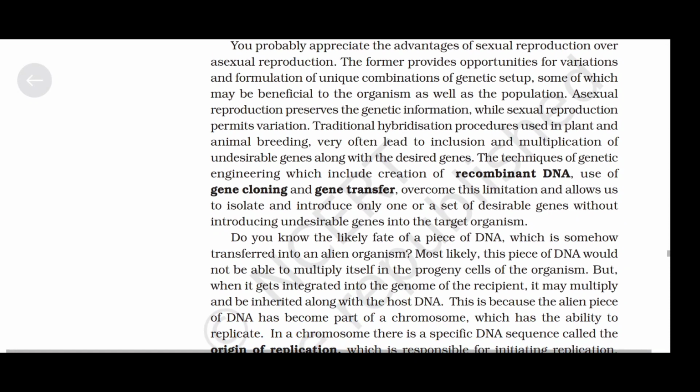Do you know the likely fate of a piece of DNA which is somehow transferred into an alien organism? Most likely, this piece of DNA would not be able to multiply itself in the progeny cells of the organism. But when it gets integrated into the genome of the recipient, it may multiply and be inherited along with the host DNA. This is because the alien piece of DNA has become a part of a chromosome which has the ability